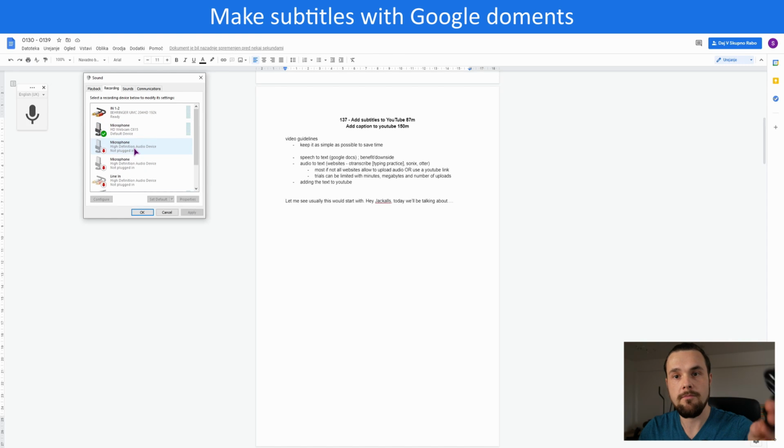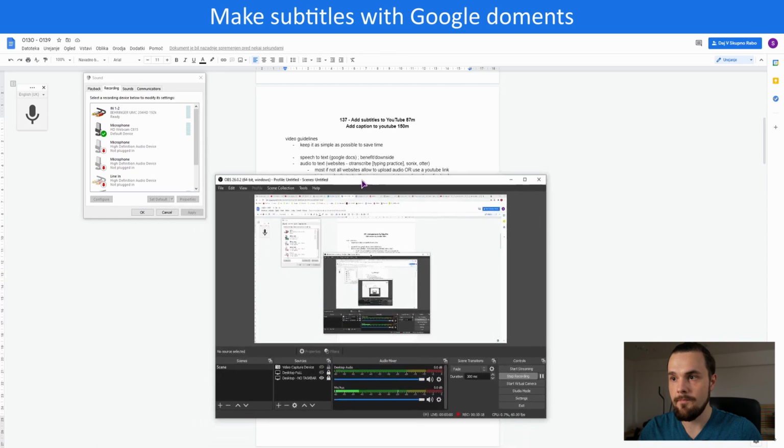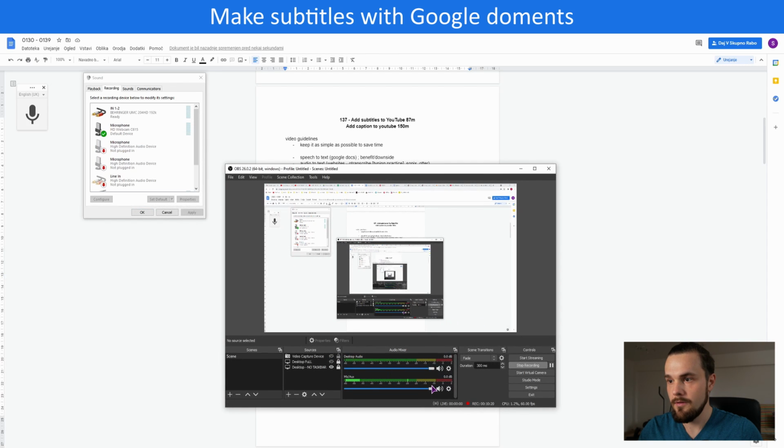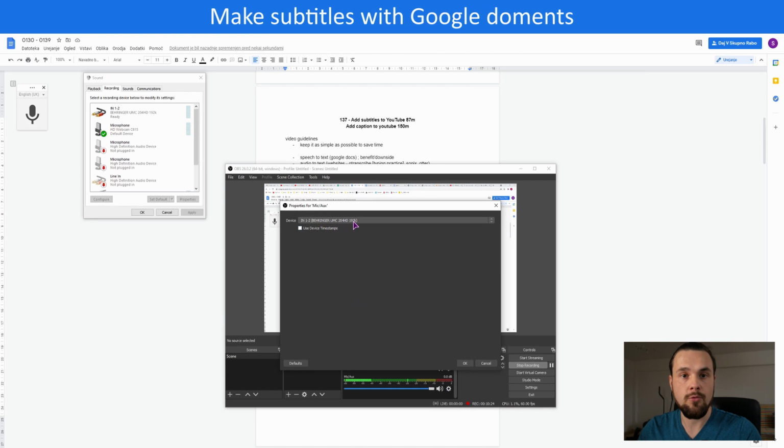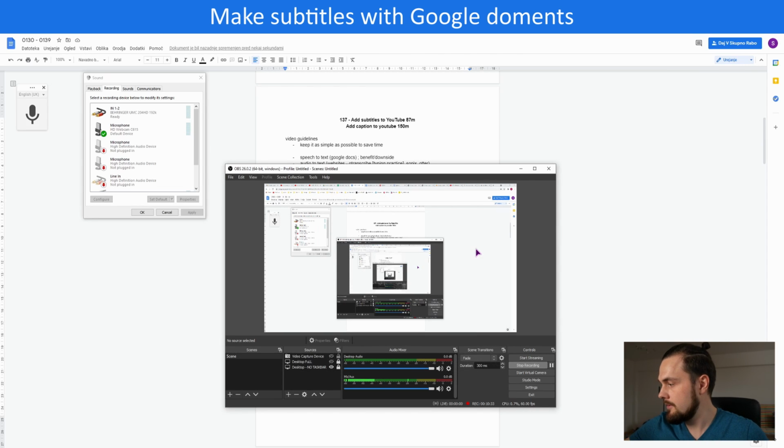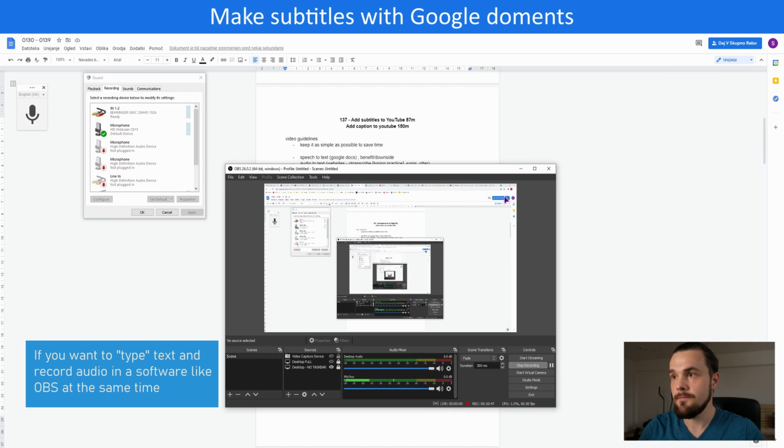In this case, I have a webcam, and in the OBS, as you can see, I'm recording with an audio interface and it's another microphone, but you don't need something like that. You could also have headphones that have a USB microphone. So these are USB headphones, and this is if you don't have a phone.